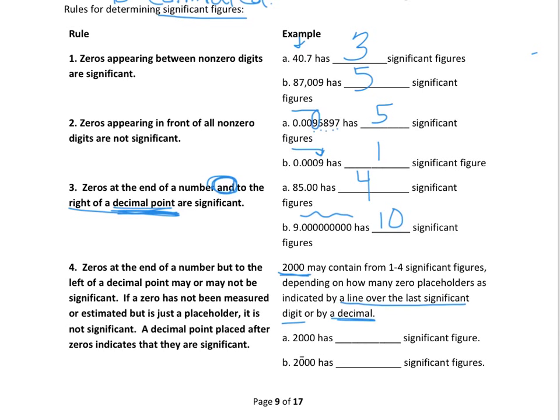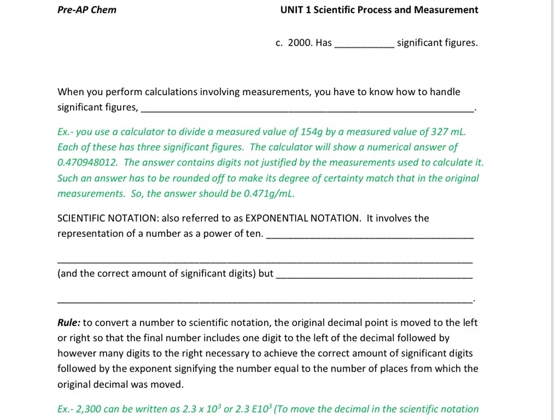So 2,000 just has one significant figure. 2,000 with the line over the second 0 has two significant figures. And 2,000 with the decimal place